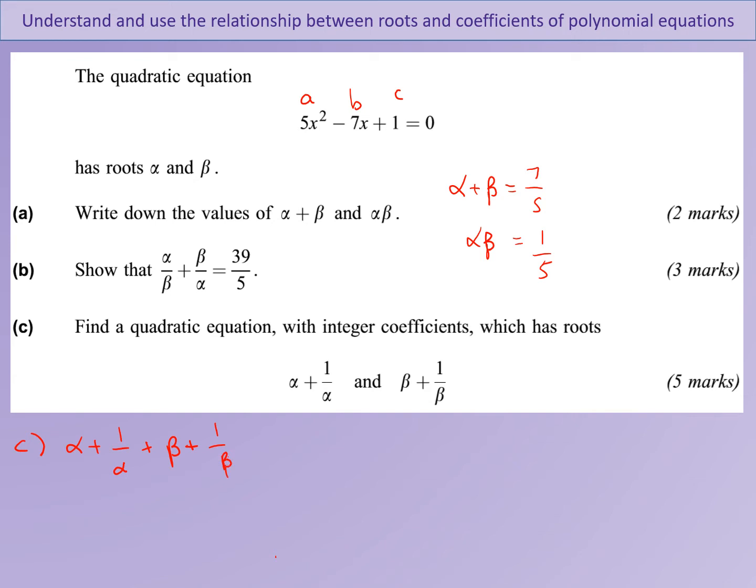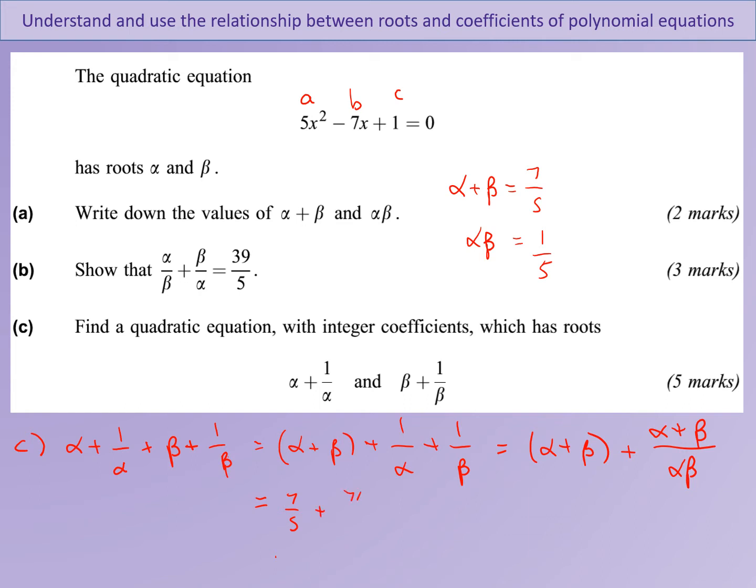And if I group together the things that I can work out, I know the value of alpha plus beta. So I just need to deal with that second part, that fraction 1 over alpha plus 1 over beta. So if I combine these into one single fraction, by multiplying the first fraction by beta and the second fraction by alpha, I will be left with alpha plus beta over alpha beta, which I can then substitute the values in from part A. And so we have 7/5